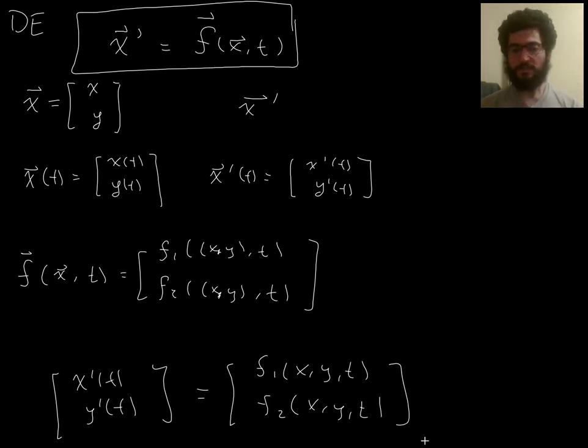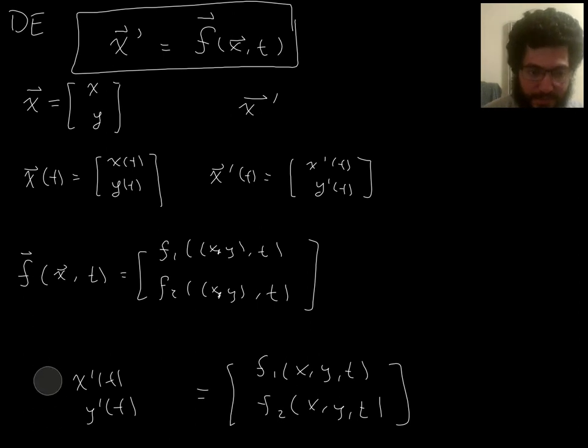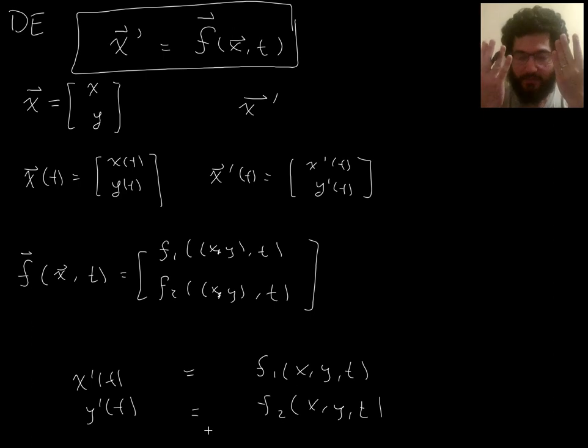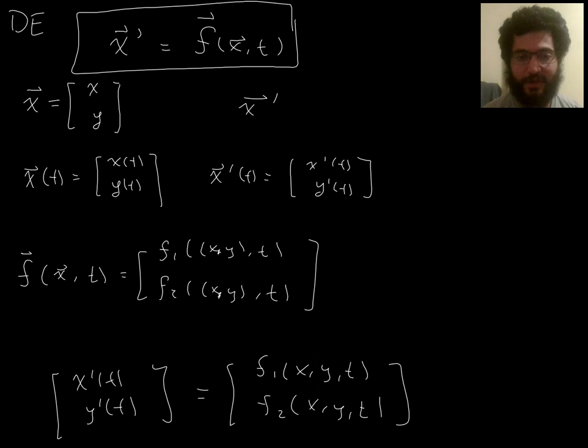And now the so-called system of differential equations looks like just one equation, except instead of being an equality of numbers or scalar valued functions, this is now an equality of vectors, or rather vector valued functions. So if you want to, you can always erase the brackets and then just, instead of writing one equal sign, write two equal signs. You can do that because two vectors are equal if and only if their corresponding components are equal, right? But if we can, we will usually actually prefer to write it as one vector equation, because packaging things